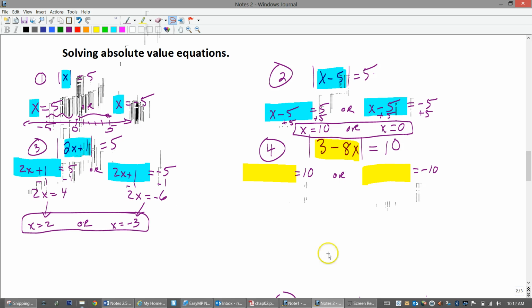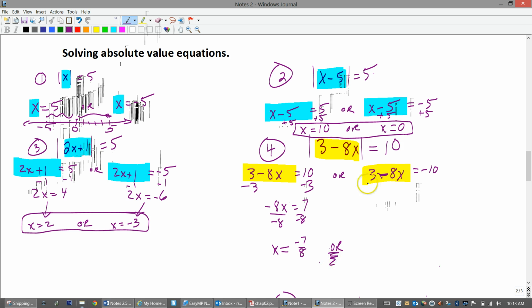Okay, guys, hopefully you got this, where you got 3 minus 8x. That's the stuff on the inside. We solve these two problems. Subtract 3 from both sides. 8x equals 7. Right? And then divide by 3, or divide by negative 8, sorry. Divide by negative 8, and you get x equals negative 7/8. Or,